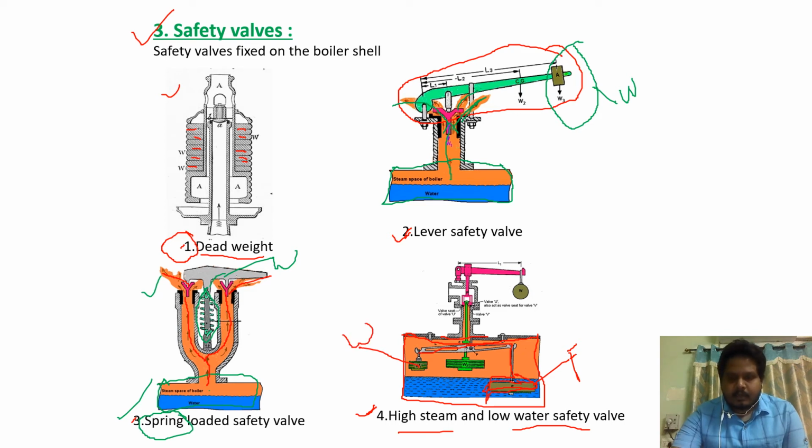When the water level is low, this floater will come down. When it comes down, the steam will automatically escape, and then the water level will be increased. And also if the pressure increases, again the steam will expand. The gap will open, and the steam will escape through the valve and the pressure will be reduced. So this type can be used for high pressure, and it will also tell the level of the water inside the shell.